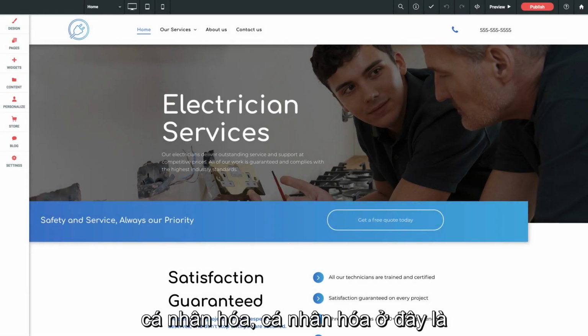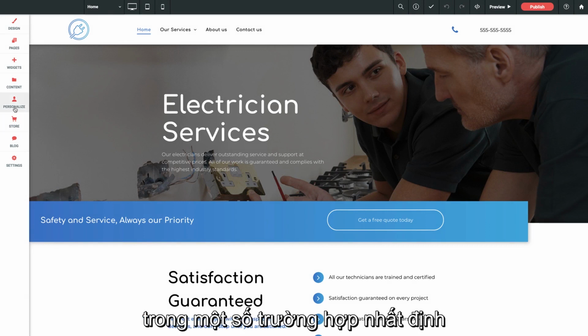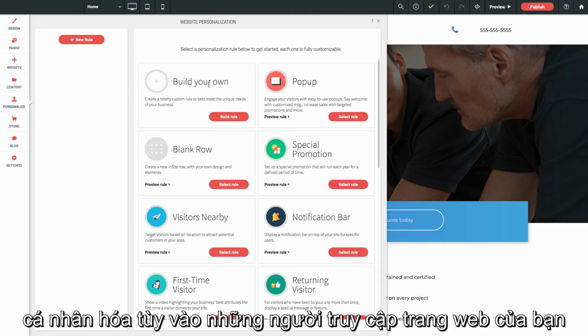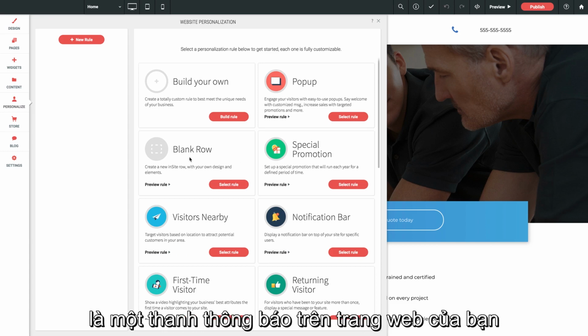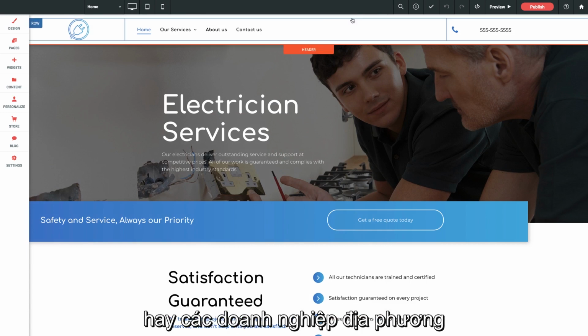Today we're going to talk about personalization. Personalization here are preset rules or conditions that appear in certain circumstances or to certain people that visit your website. This can be a notification bar on your site for people from a certain location, like maybe your business locals,